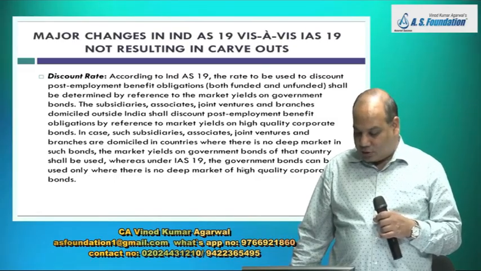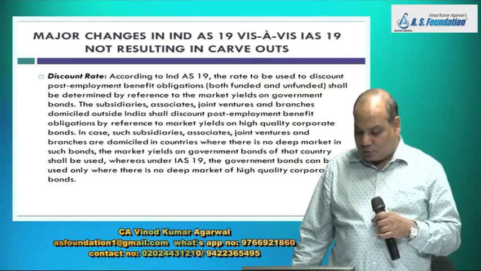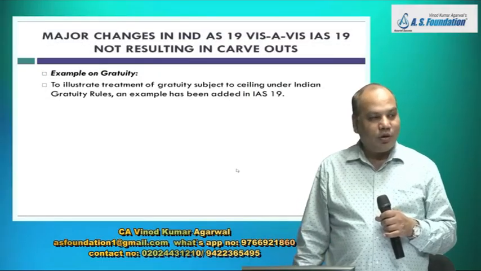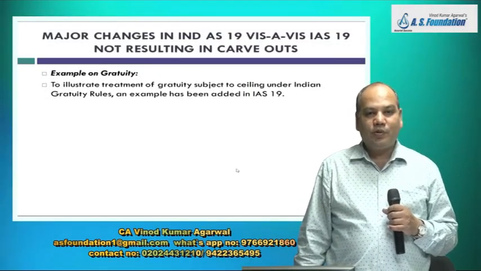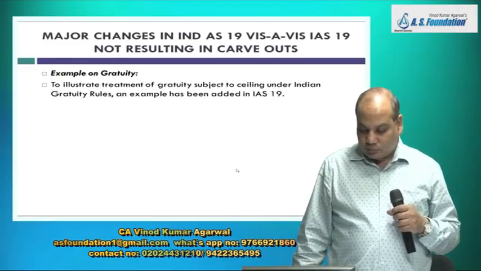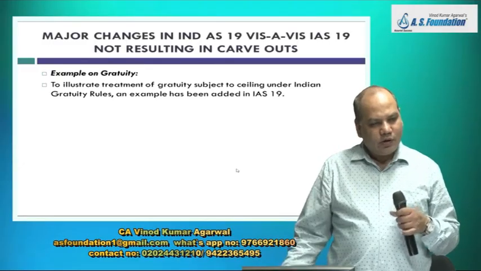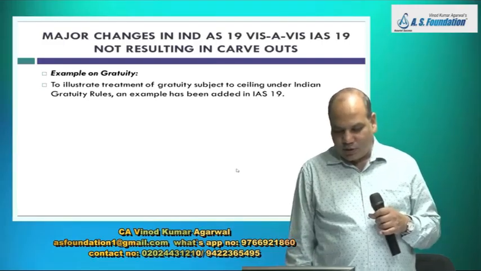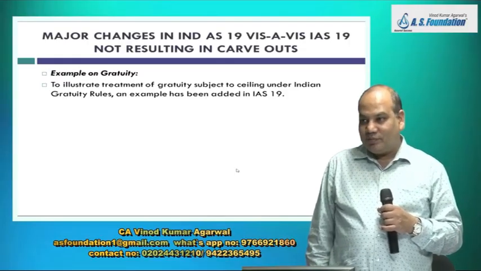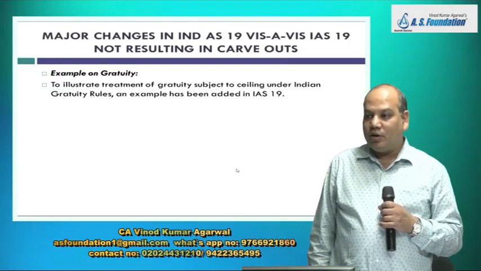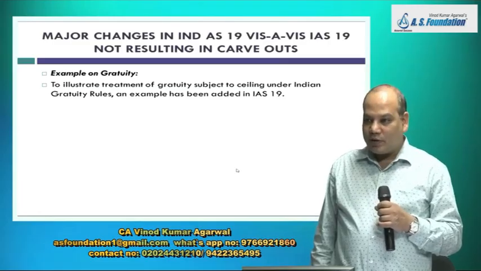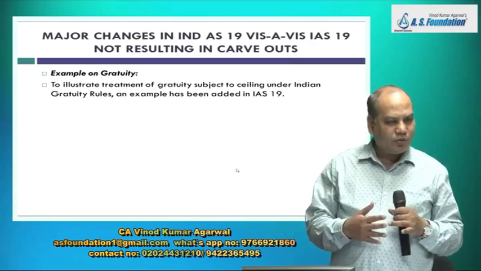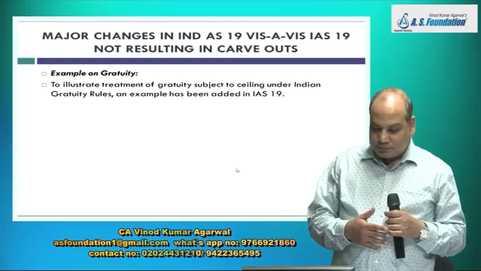IAS 19 only says the first priority will be given to high quality corporate bond. Go to government bond only if the high quality corporate bond of similar maturity is not available. In foreign country, the interest rate is in any case very low. Is it right? Maybe 4%, 5%. So therefore they don't bother much. But in India, the gap between the government bond yield and corporate bond yield is significant. It may be a gap of 4 to 5% also, 3 to 4% also, which is a huge difference. Second